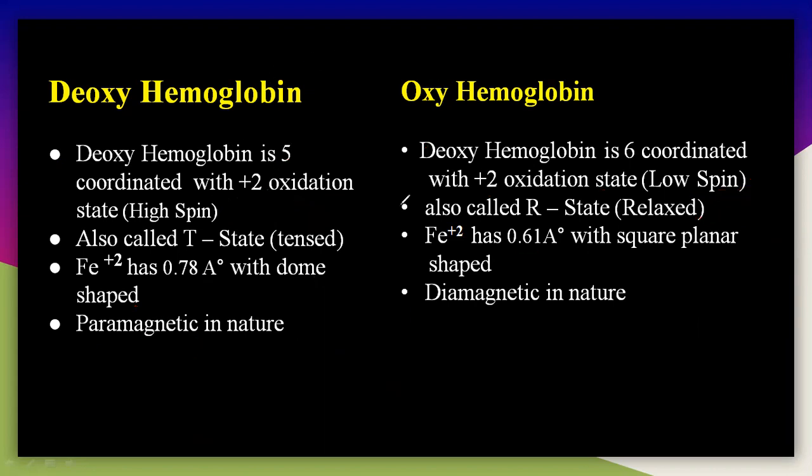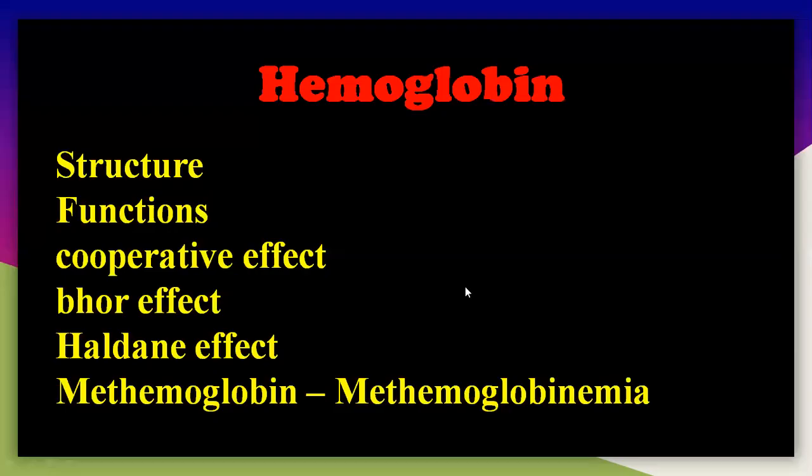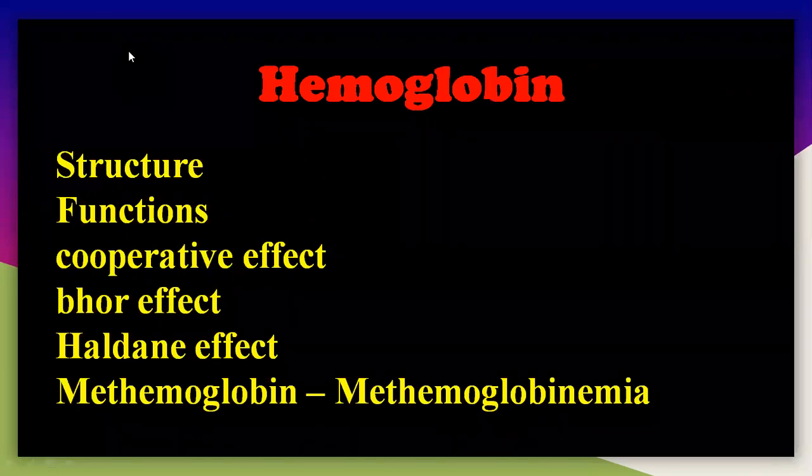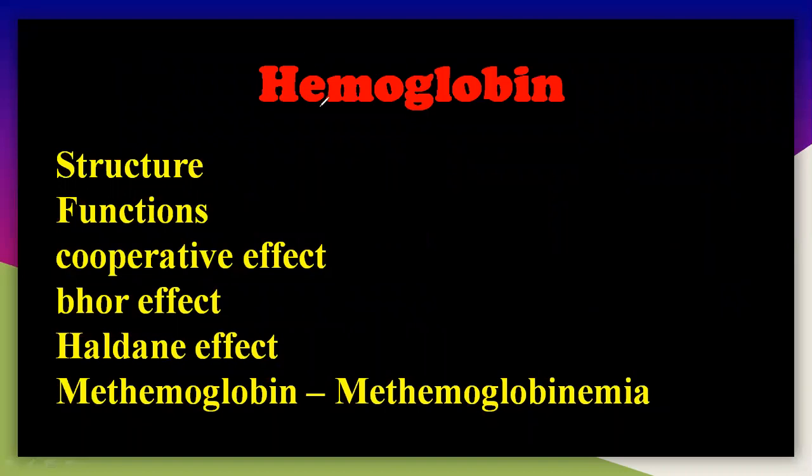So once again I will recapitulate all the parts of the hemoglobin. This is the complete chemical part. I will tell you exactly the complete picture of the hemoglobin. First you have to know the structure here. Don't worry about remembering the exact structure of the hemoglobin. Simply remember that iron is there and it is coordinated with 4 pyrrole rings, that is nitrogen, and 2 coordinated, with one is water molecule OH2 and another one which is histidine ring.